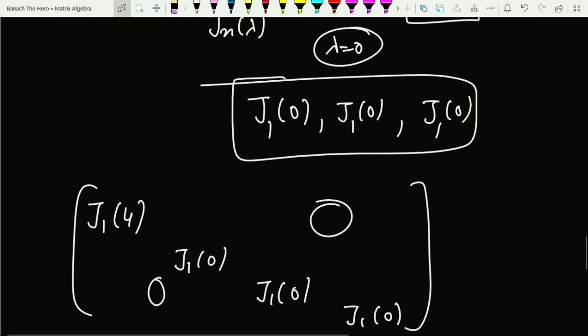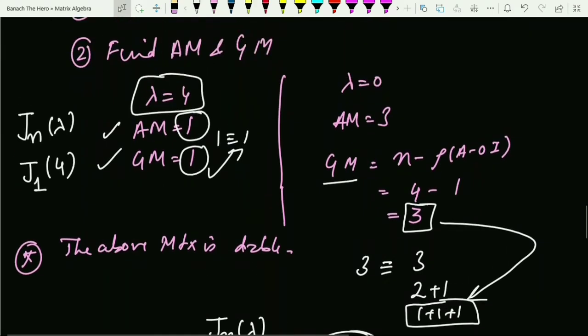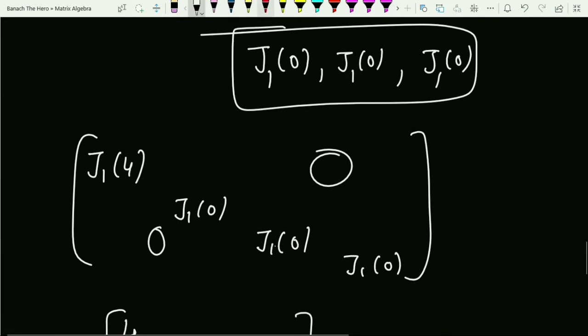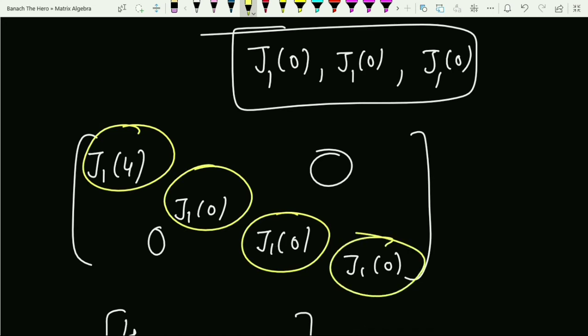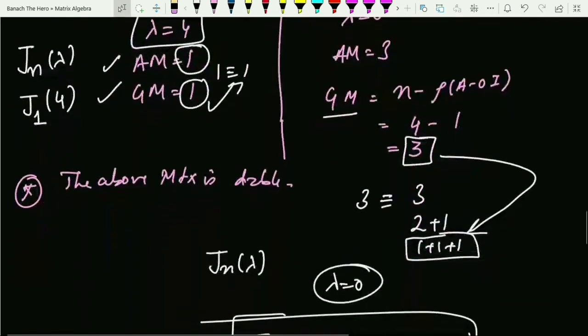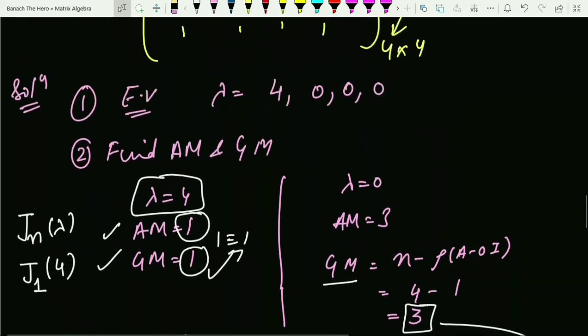So can I say a matrix is diagonalizable if the number of Jordan blocks is equal to the order of the matrix? In this question, how many Jordan blocks have you calculated? The total number of Jordan blocks calculated in this question were 4: 1, 2, 3 and 4, which is equal to the size of the matrix, that is 4. So whenever the number of Jordan blocks is equal to the size of the matrix, it is always diagonalizable. Again, a very strong result, if and only if, right? And we have verified in this example also.